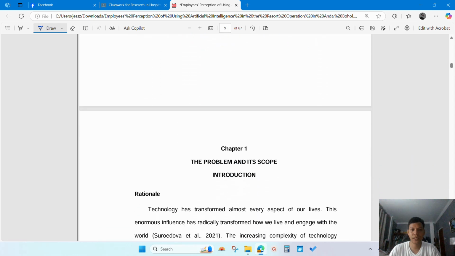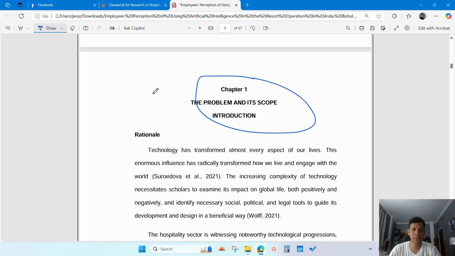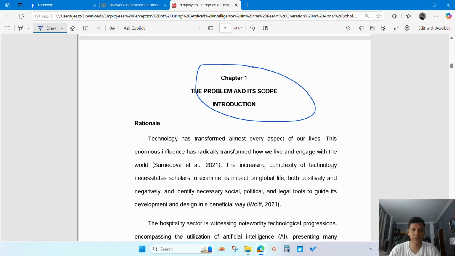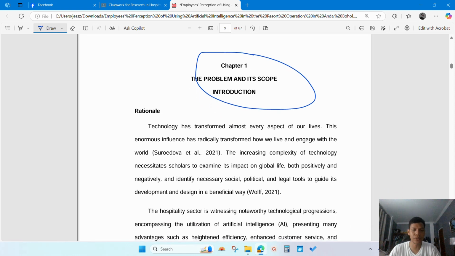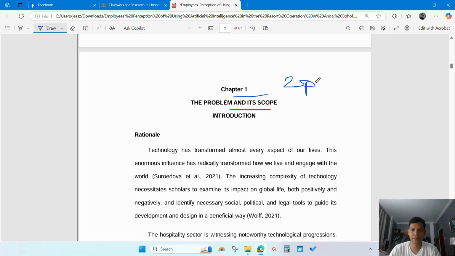Okay, and then we come up now with the chapter 1, the problem and its scope. So this is your assignment. You're going to have this rationale of your study. So I'm going to explain here about the spaces. Okay, the space between chapter 1 and the problem and its scope, and also with the introduction, you're going to use double space. Okay, 2 spaces,